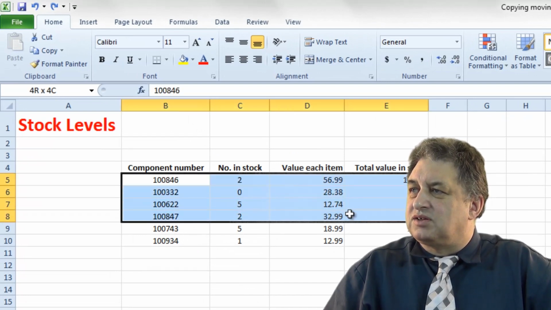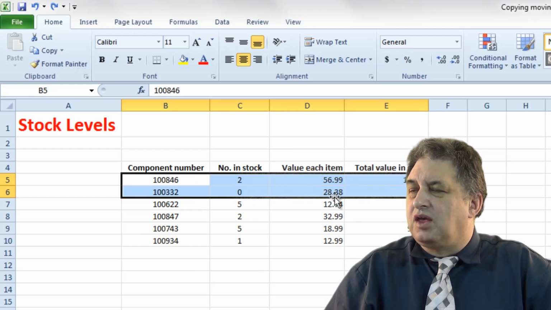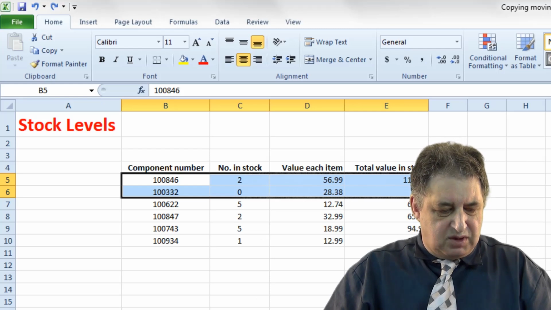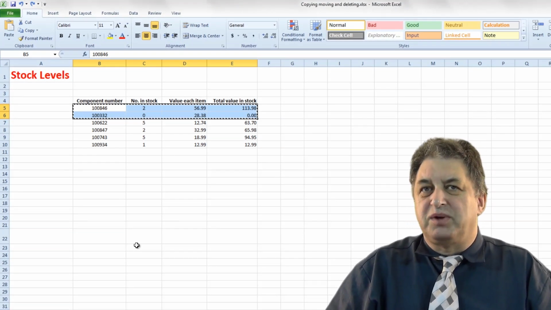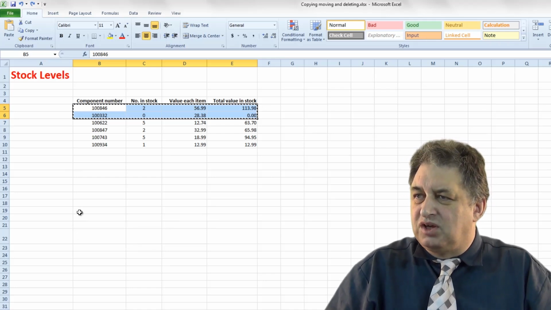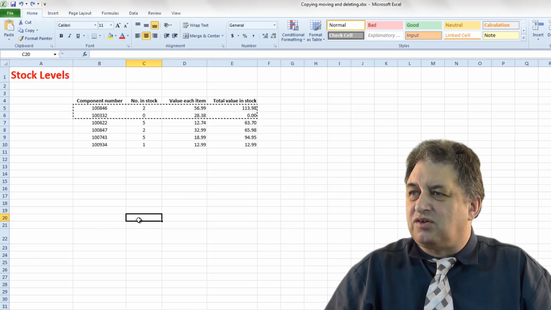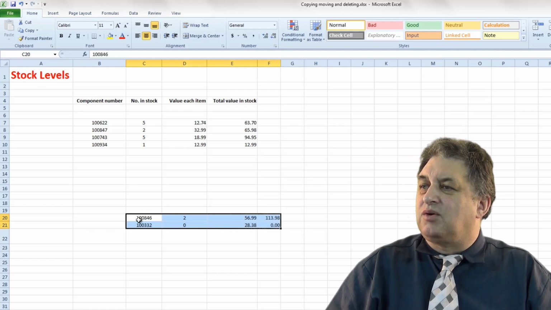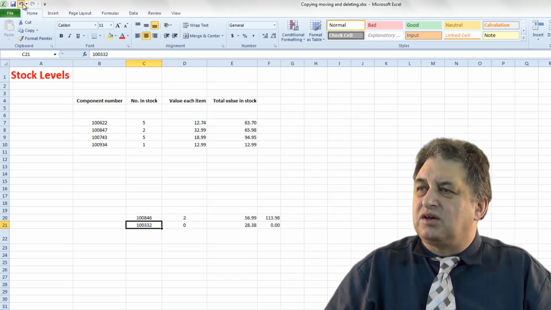If I select a range, so let's select this range here. If I want to move that from here to someplace else, you just simply go Control X. What Control X does, it copies the selected items to the clipboard. Click on the place you want to paste it to, so if I click on say cell C20 and then do Control V, that will paste the information down. So if I undo that,